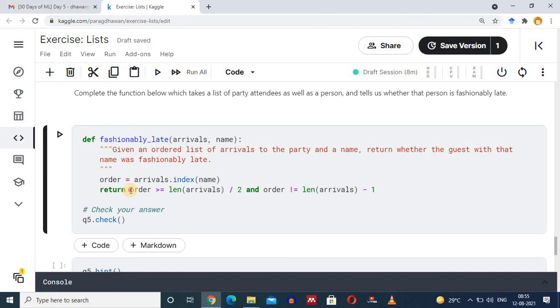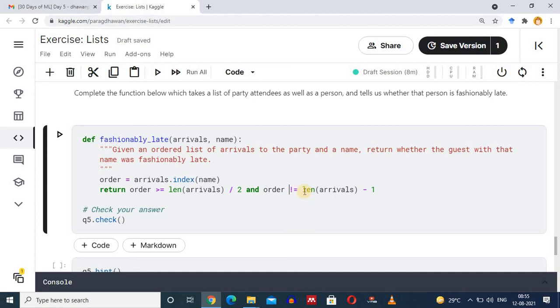If the index number is greater than the length of the list divided by 2, this condition checks whether the guest who arrived was past the half of the list, and the index is not equal to the last index.